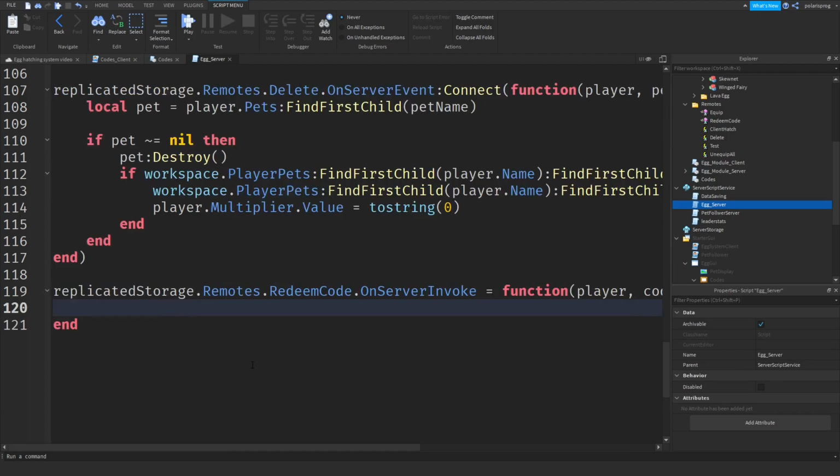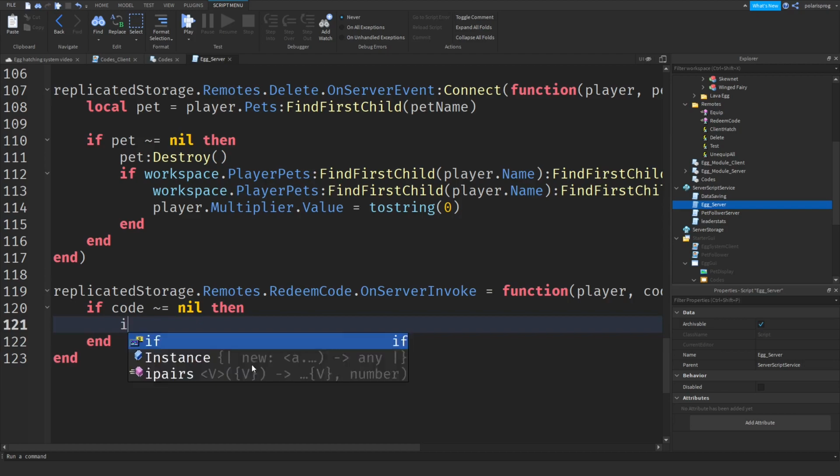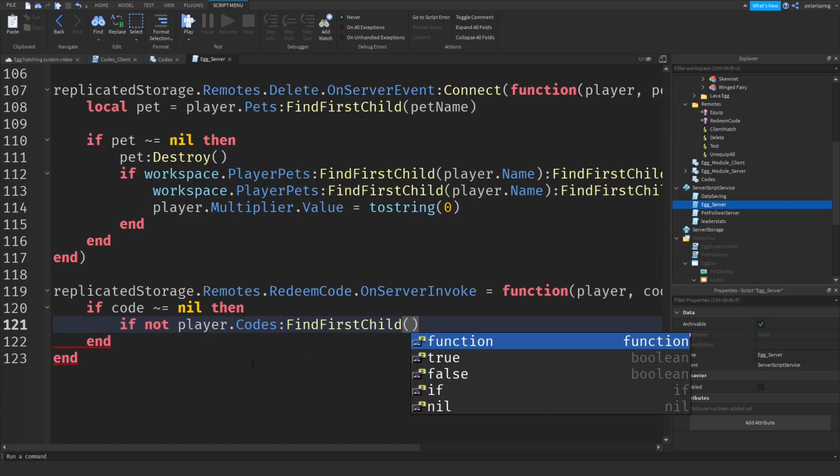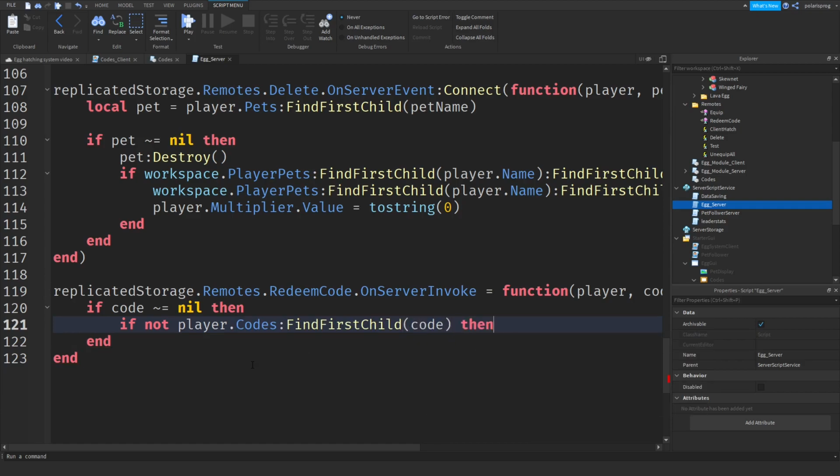Now what we're going to be doing is just check if code is not equal to nil, then, and if not player.codes:FindFirstChild(code), then